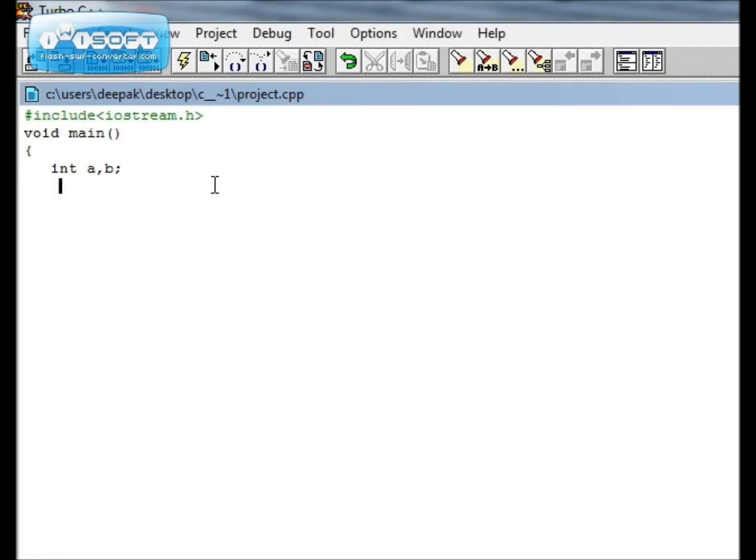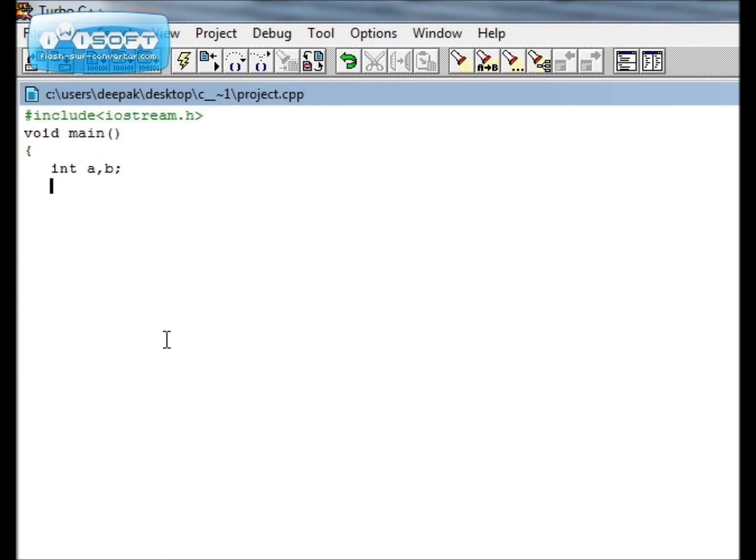So I was saying that when we give the values for a and b, some space is allocated for a and some space is allocated for b. The memory is allocated to hold the values. Now to hold the values we need to first give the input.